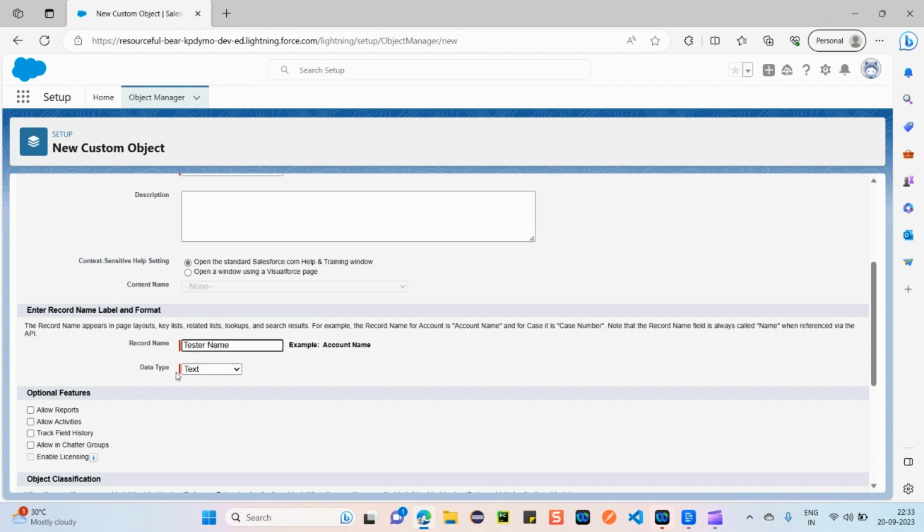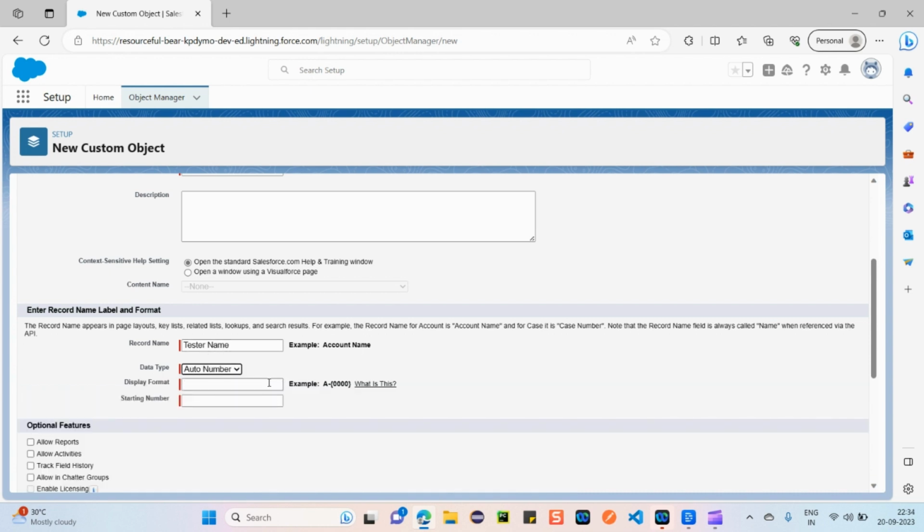Another thing is the data type. Here it's asking us whether every time we create something, it should be of text type or auto number. For example, if we select auto number, then every time we create a record based on this object, the number will be incremented.